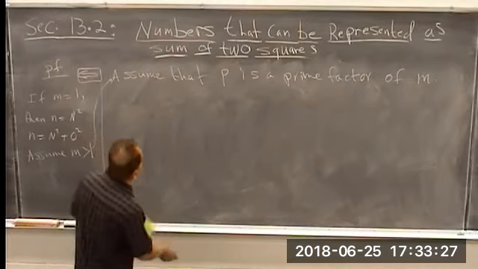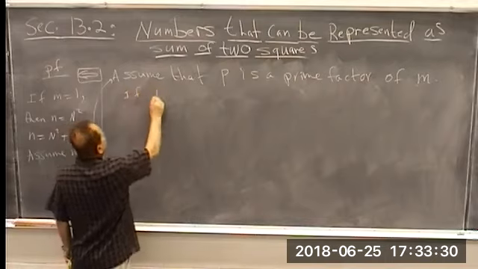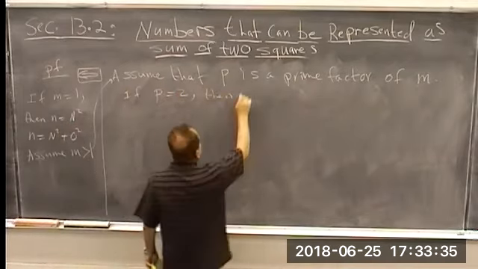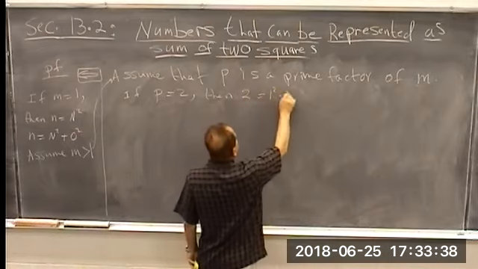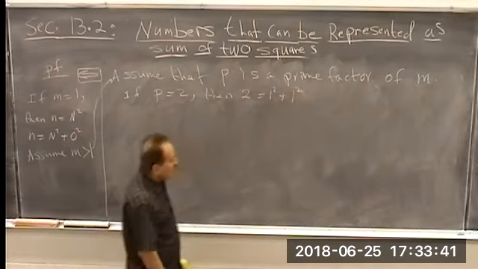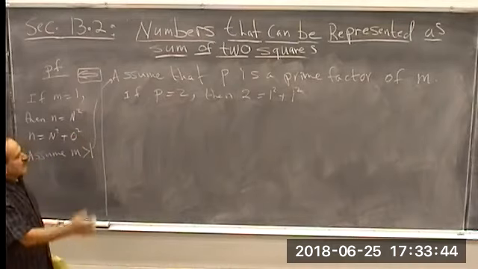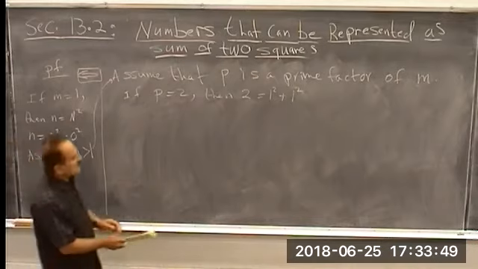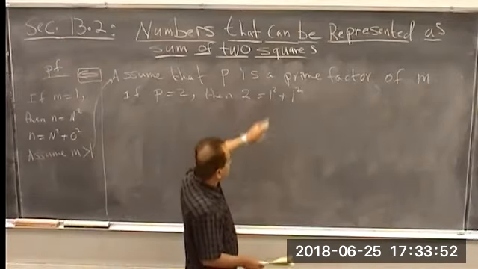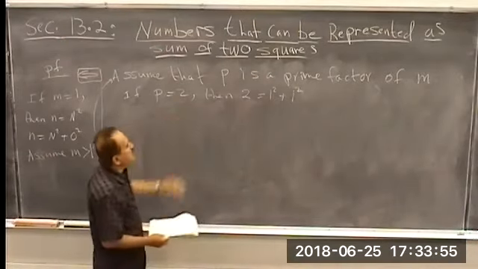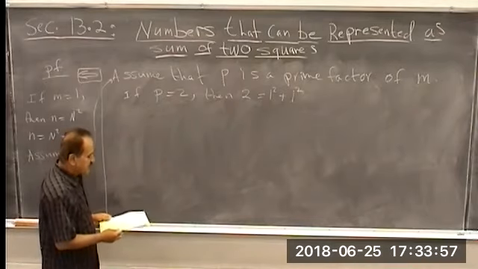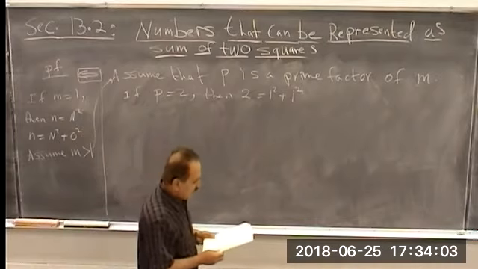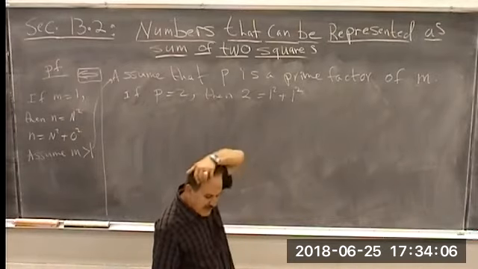Also, one other thing: if P happens to be 2, then we know that since we can write this one as 1 squared plus 1 squared, then depending on the other primes in P, you write it as a sum of 2 squares. If 2 happens to be one of them, then it's going to create no problems. Now we know that